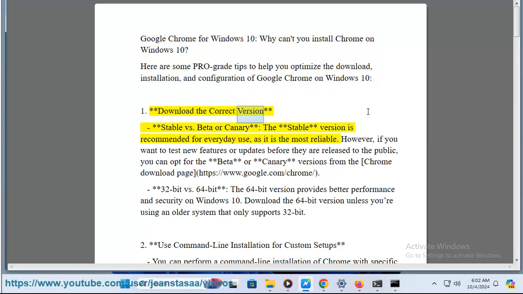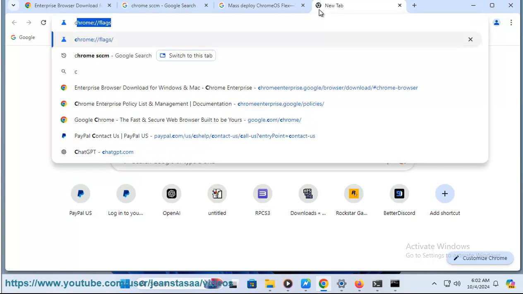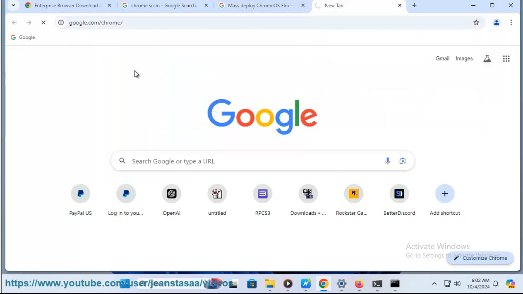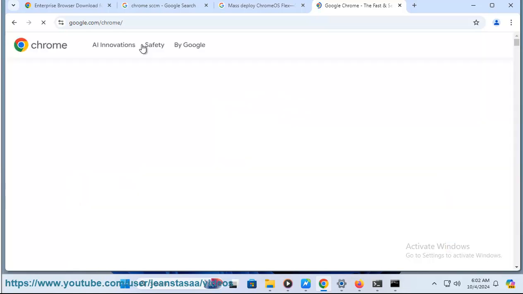1. Download the correct version, stable versus beta or canary. The stable version is recommended for everyday use, as it is the most reliable. However, if you want to test new features or updates before they are released to the public, you can opt for the beta or canary versions from the Chrome download page,